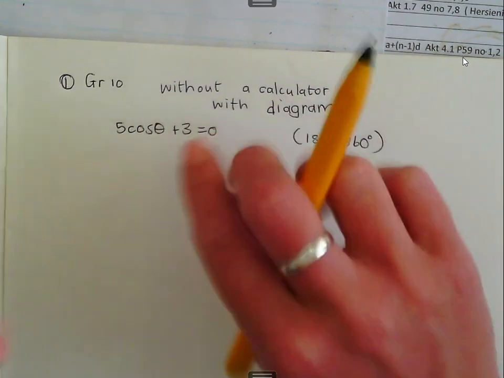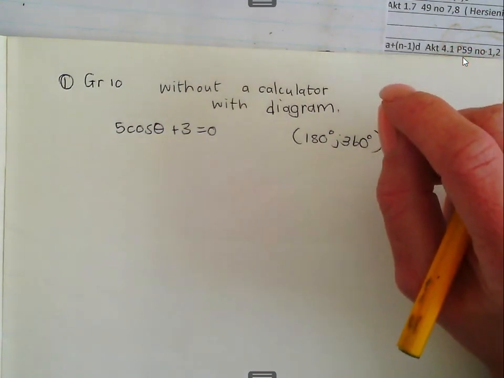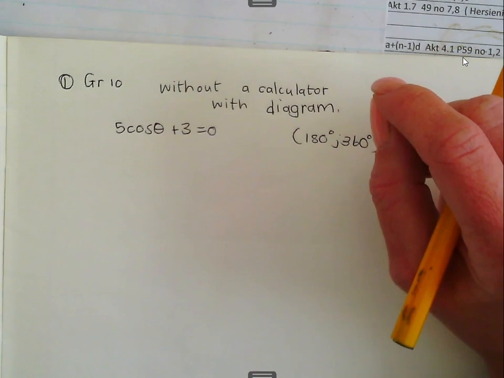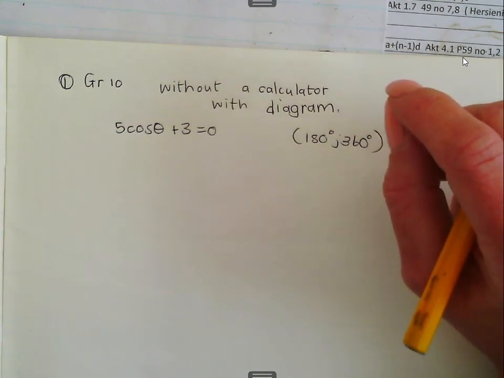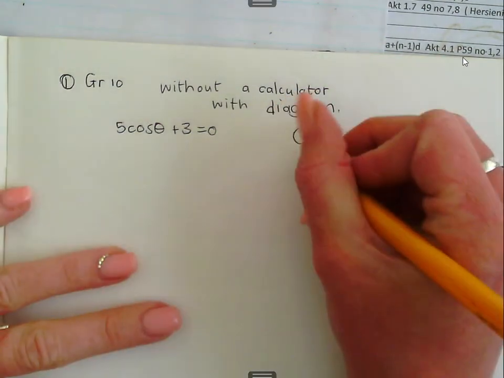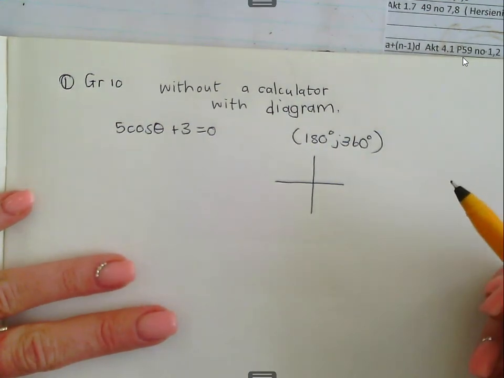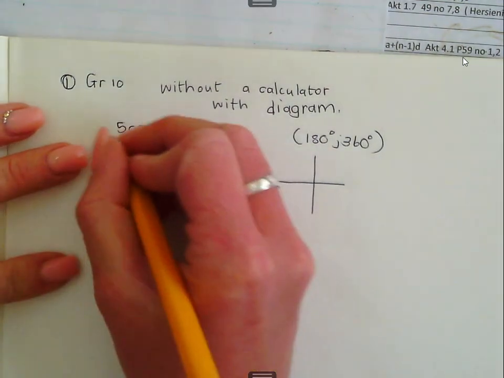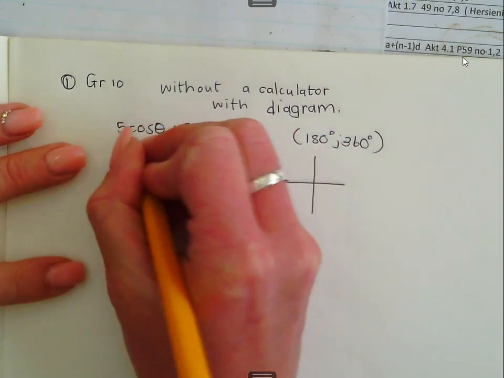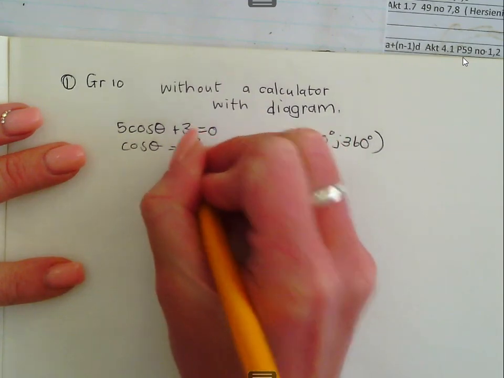But if you look at these values, there is no way that you can find the value of theta. You don't have a shift button and you don't have a sin, cos or tan button. You cannot calculate it. Alright? So, therefore, we know we are going to use a diagram. So when you draw the diagram, you're going to have to get this equation, the function, alone. So it's going to be cos theta equal to negative 3 over 5.